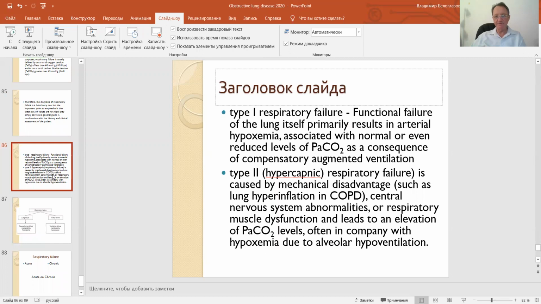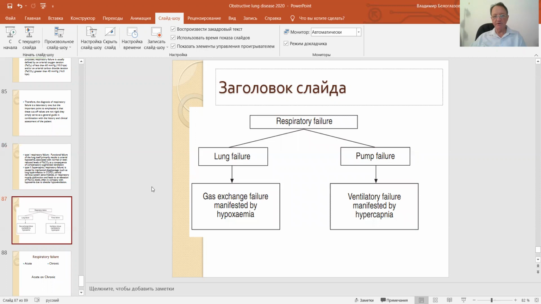Type 2, hypercapnic respiratory failure, caused by a mechanical disadvantage such as lung hyperinflation in COPD, central nervous system abnormalities, or respiratory muscle dysfunction, leads to elevation of the partial pressure of carbon dioxide in the blood, and is often accompanied by hypoxia due to alveolar hypoventilation. So, respiratory failure: lung failure and pump failure. Lung failure is due to gas exchange failure manifested by hypoxemia, and ventilatory failure manifested by hypercapnia. Pump failure